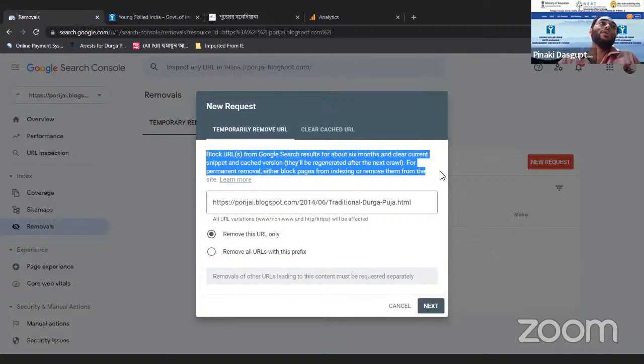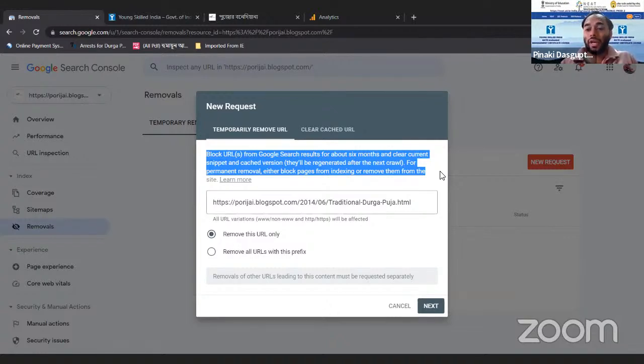That means this particular page is useful during that period only, but in the rest of the year you don't need it. In that case, you can ask Search Console to block this page for 6 months, or probably more than that, because by default it takes 6 months.